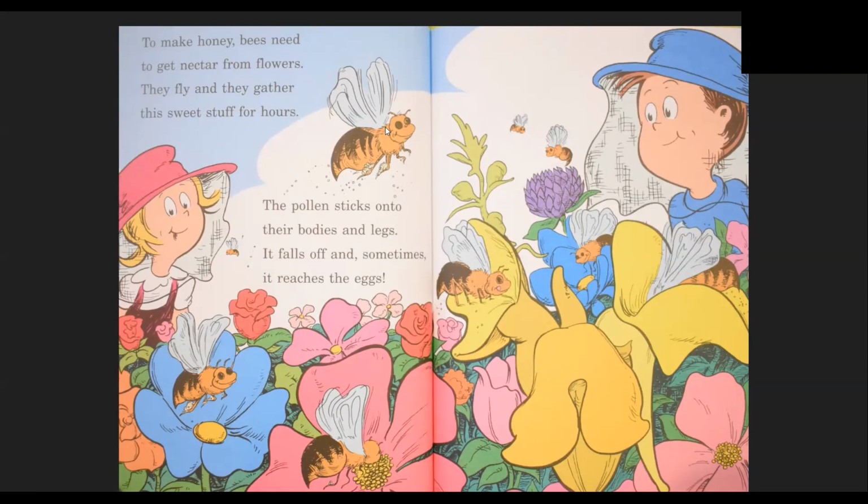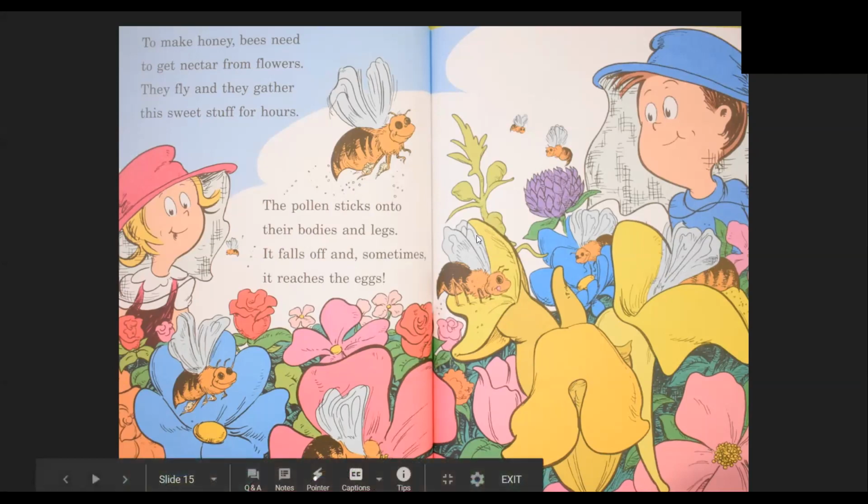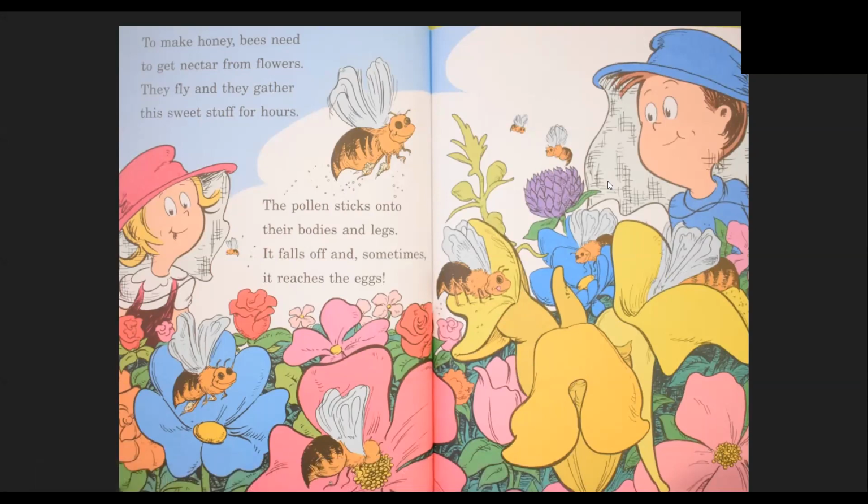Okay, so this little bee, he needs to get nectar from the flowers because he wants to go make his honey. So he flies to a flower and lands on it. And as he's getting the nectar, the pollen is sticking to his body. He's okay about that. He doesn't mind. And then that bee starts flying away again, and that pollen can fall off. And it can fall off into other flowers. Or when he lands on another flower,